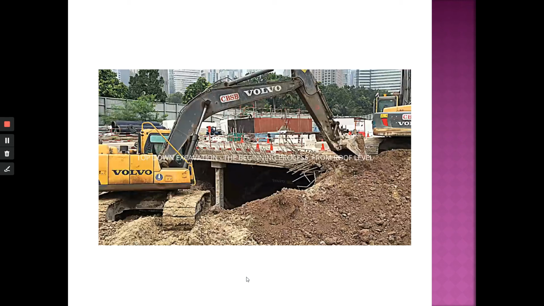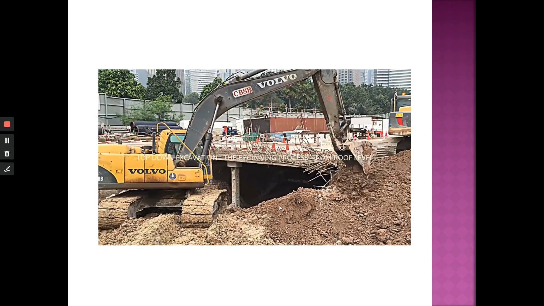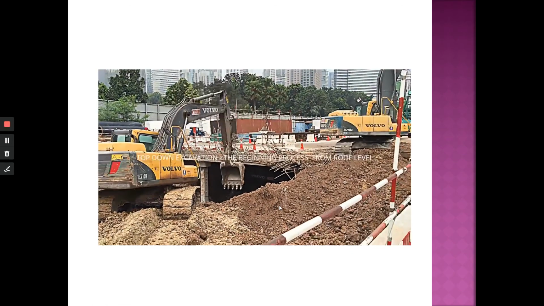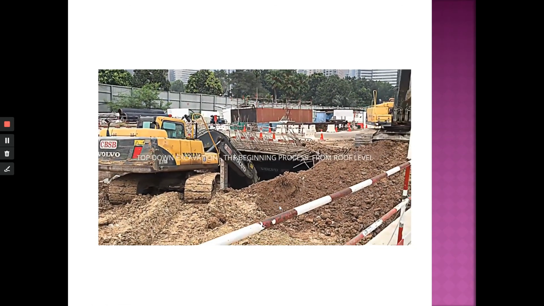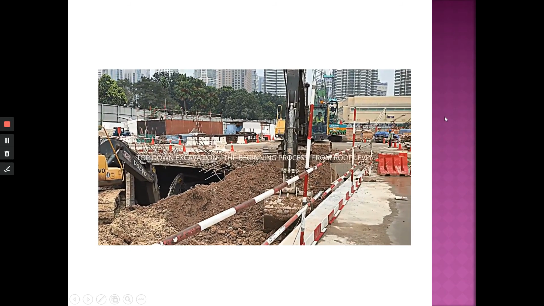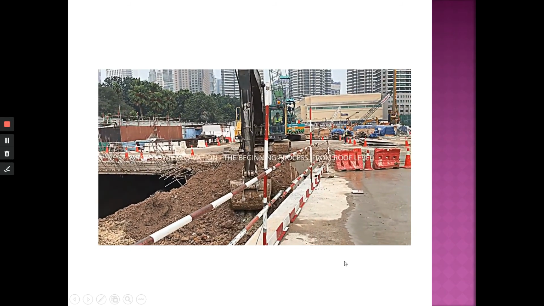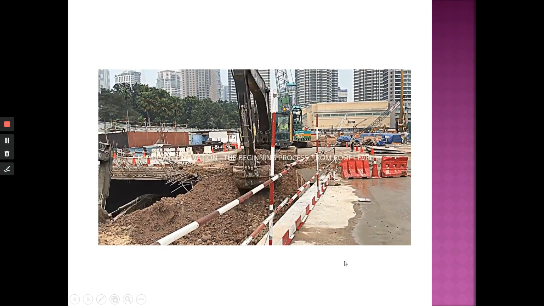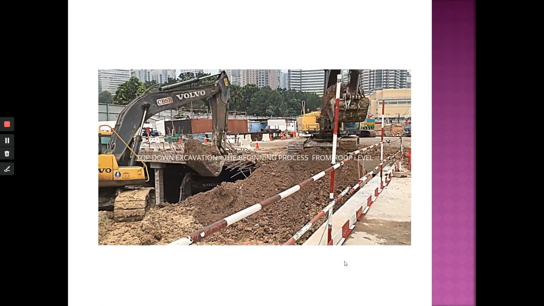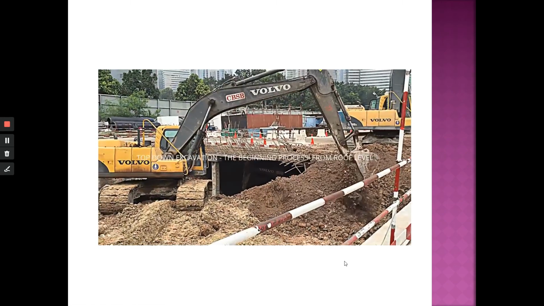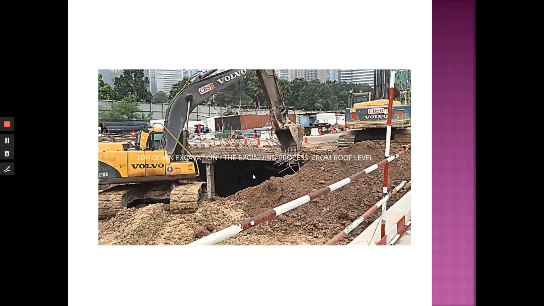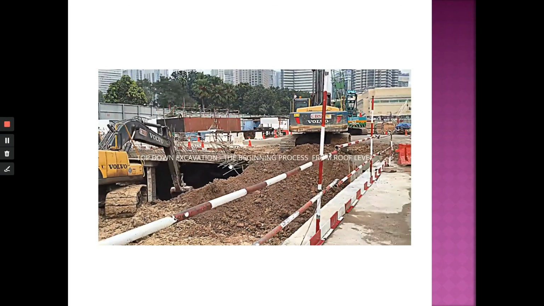Okay, at the beginning, when I said they have access at the site, this is how they do it. This is in KL, just beside KLCC. You can see Isetan. So this is how they do it. Okay, you can see Isetan here. You have another excavator doing work inside.